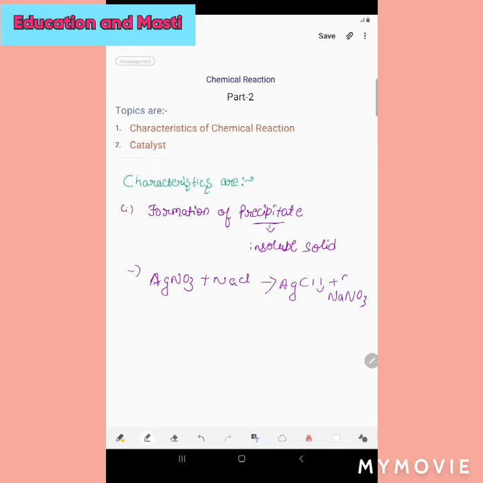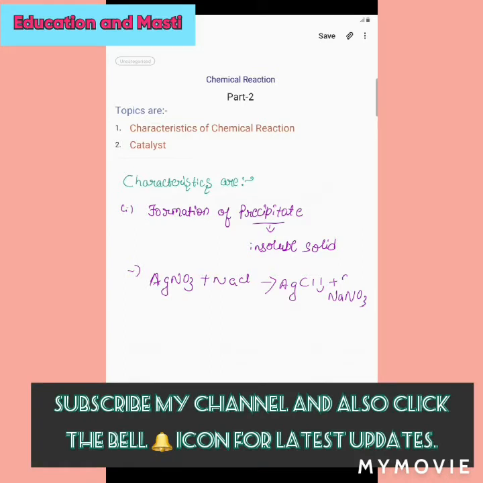Now let's see. We add some amount of water to sodium chloride and shake it well to get a solution. Now add this solution to the test tube containing silver nitrate solution. So we take silver nitrate and sodium chloride and mix them with water. And when we mix silver nitrate with sodium chloride, we get silver chloride and sodium nitrate. Therefore we will see the formation of silver chloride precipitate, which is a curdy white precipitate.